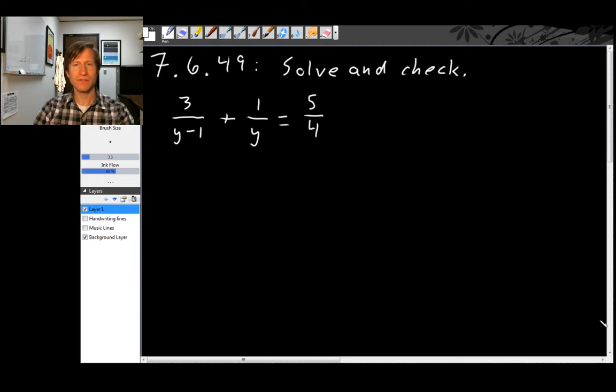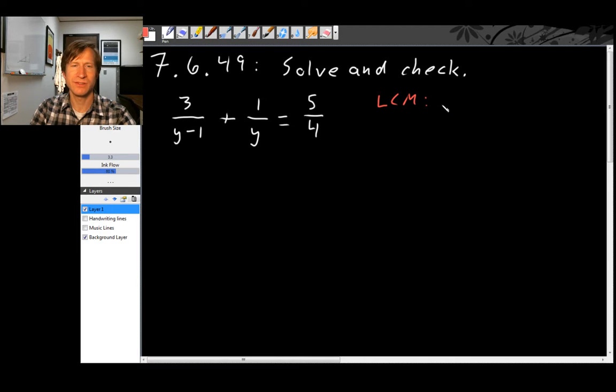To solve this sort of equation, the idea is if we can find a least common multiple of all of these denominators, we can multiply the whole equation by that and it will clear all of these denominators. Then it will be an equation that doesn't involve rational expressions. So over in the margin here, let's find the least common multiple